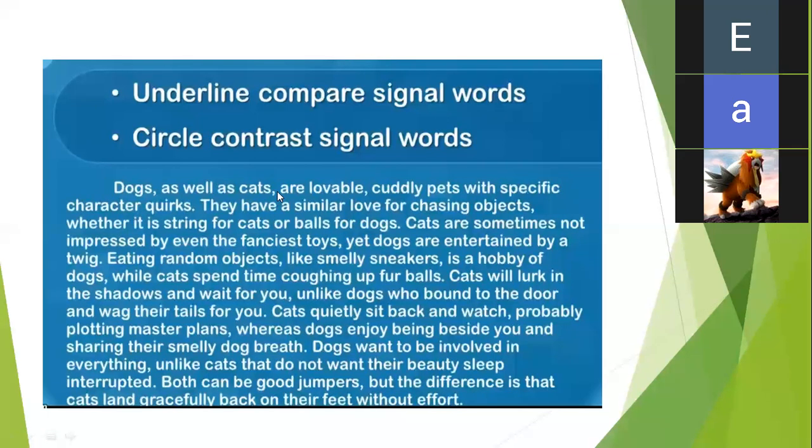A compare word or a contrast word? Everyone is saying as well as, but you are not making it compare or contrast. Like Siddhi is saying, it is a compare word. Okay. Mustafa Jafri is saying alike. Okay, contrast. Zabar is saying and then contrast.